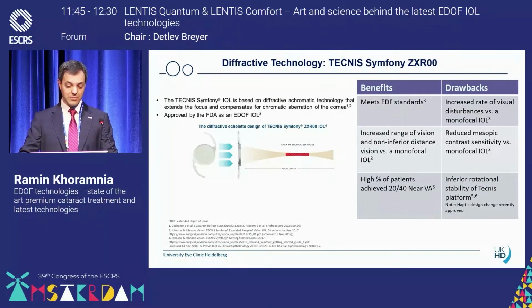I would like to start with the Tecnis Symphony IOL, which was basically the first EDOF lens on the market. This lens is based on a diffractive achromatic technology that extends the focus and it compensates for chromatic aberration of the cornea. We are all aware that in terms of visual acuity results in the far and intermediate distance, very good results can be achieved. But we are also aware of the fact that this diffractive technology goes along with an increased rate of visual disturbances when compared to monofocal intraocular lenses, and we are also aware of the reduced mesopic contrast sensitivity when compared